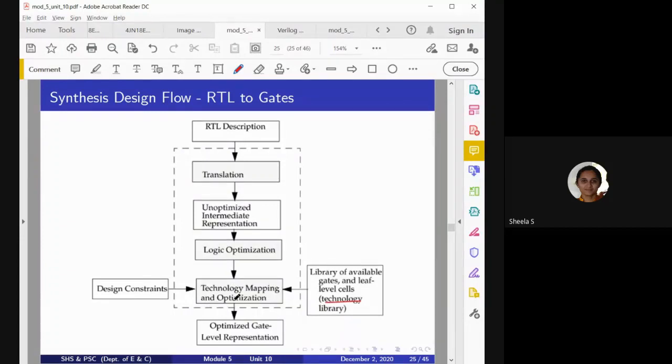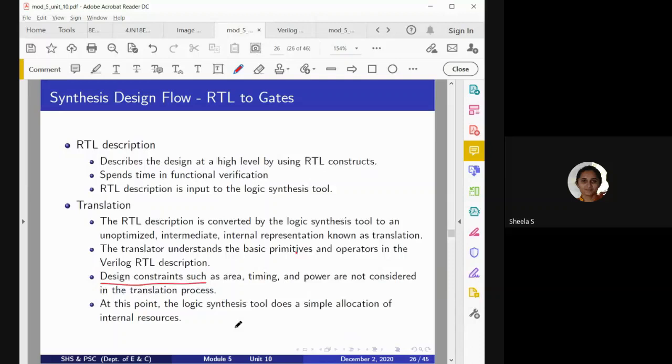To synthesize, we are going to consider technology mapping optimization, and while doing this, we are going to consider the corresponding design constraint as well as the library available or defined by a specific vendor. And then finally, we are going to get the gate optimized representation. So let us consider it in detail.